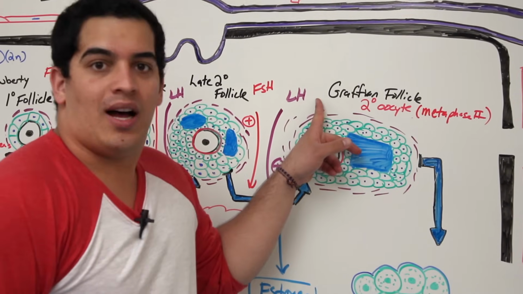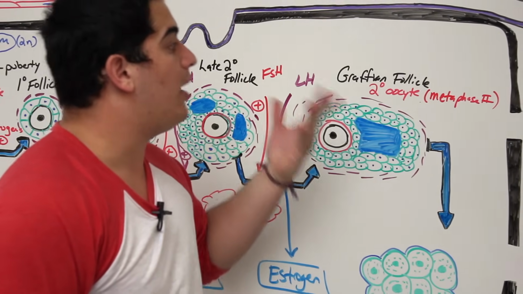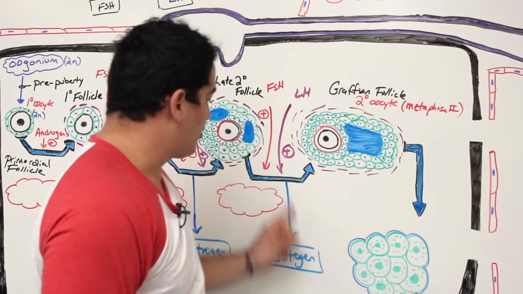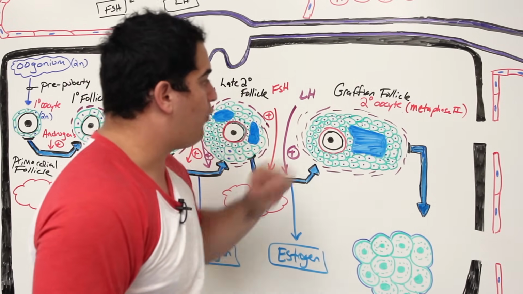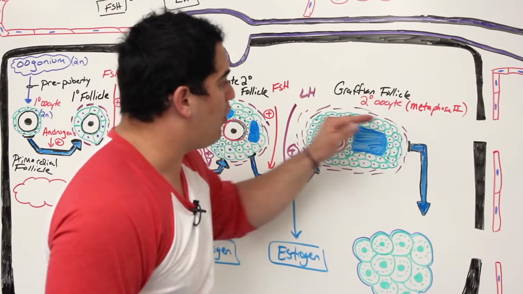Okay, so the Graafian follicle, it's a secondary oocyte. So going from this late secondary to this Graafian, I underwent meiosis 1 and produced a secondary oocyte in metaphase 2. I also produced estrogen. I formed this lake of follicular fluid, and I still have my zona pellucida, and I have all these granulosa